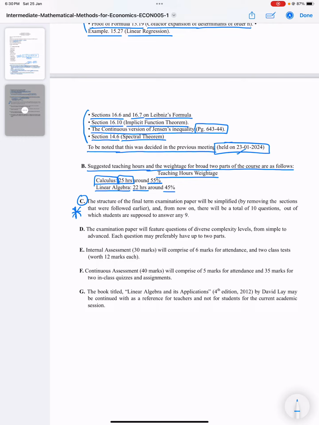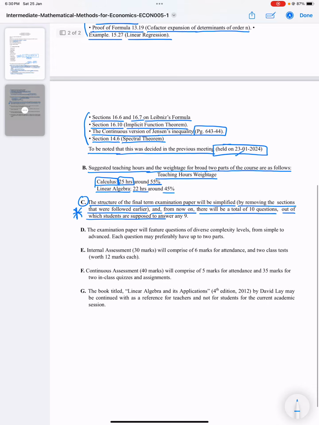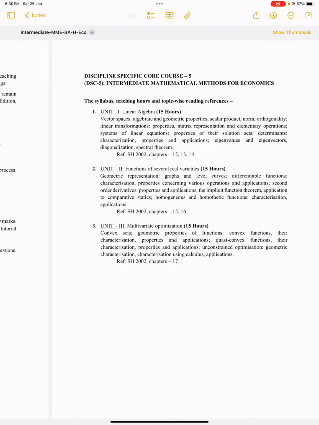This suggests that the structure of the final term examination will be simplified by removing the sections that were followed earlier. And from now on, there will be a total of 10 questions, out of which students are supposed to answer any 9. I'll show you the last meeting as well. So in the last meeting,